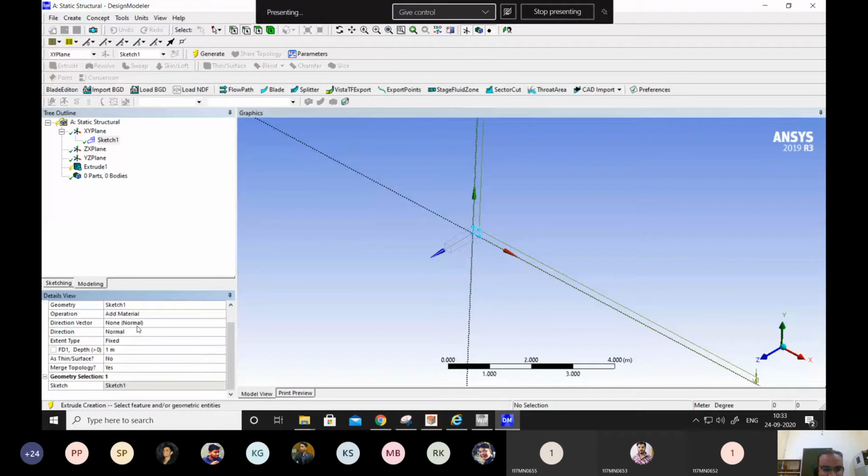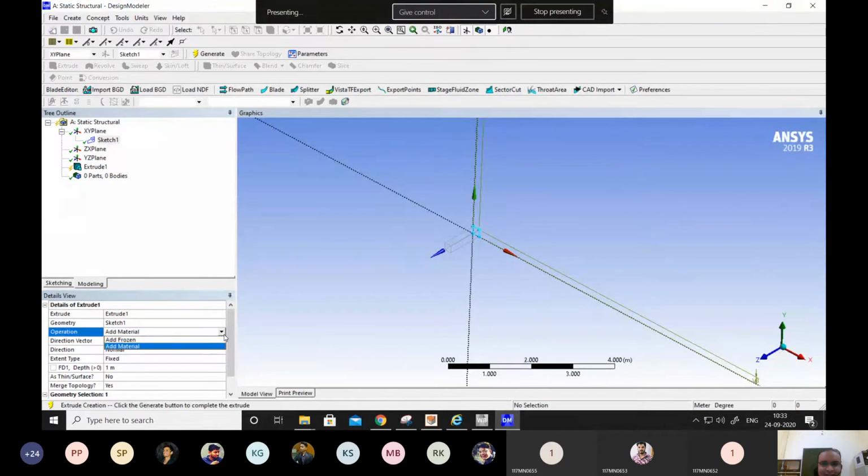And there are a few more things that we can do. Add material is a way to tell this design whether I want any existing material to be similar to that, or if I add more material, will it be integrated with the original design or will it be separate? So for now we have just one material, so it doesn't matter for us.